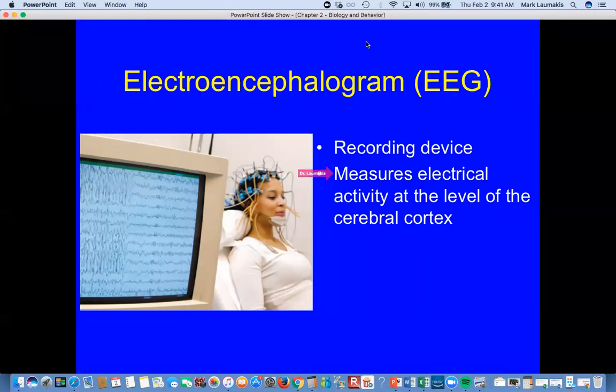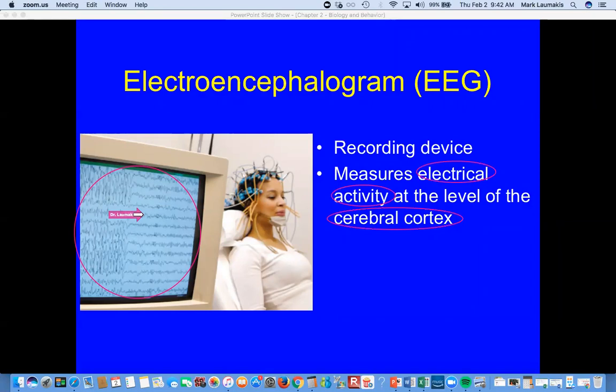So this is what we're getting with EEGs. There are some things that we're not getting with EEGs. What we're getting is information about electrical activity, basically, if you will, an electrical hum in the brain at the level of the overlying cerebral cortex, okay? What we're not getting, before I forget to say so, is any kind of brain image, right? Look at what we're getting on the computer monitor here. Does that look like a brain? No, all we're doing with this is recording via these electrodes that are connected to the person's forehead and edge of their scalp and around their head. We're getting a measure of what's going on at that overlying surface. We're not getting an image.